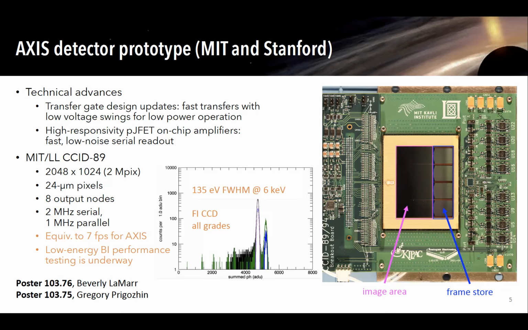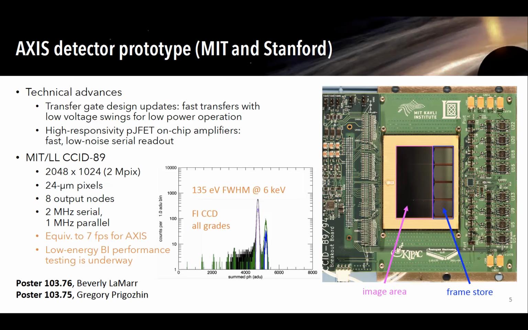And so for the results from this first CCD, I have a little inset here which shows the spectral resolution at 6 keV, and we're meeting our requirement with a lot of margin there. This is from a front side CCD, and on the left here, this gives you a little bit of background about what this CCD is. It's actually the same number of pixels and the same pixel size that will fly on AXIS, just a different layout. But at the rate that we're running it, that produces a spectrum that's equivalent to 7 frames per second.